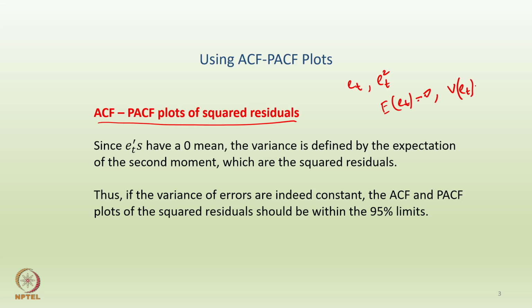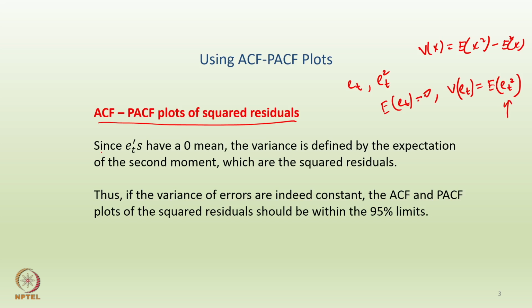So if the mean is 0, variance becomes nothing but the expectation of Et square. This is a very standard formula, because the variance of any random variable is the expected value of x square minus E of x whole square. But in this case E of x is simply 0. So variance of Et boils down to expectation of Et square. Won't it make more sense to focus on the squared residual term rather than the actual residual term, because variance is directly linked to the square of the corresponding residuals?